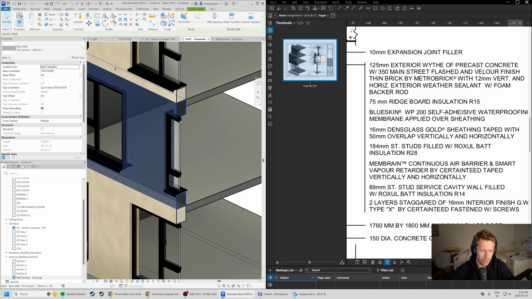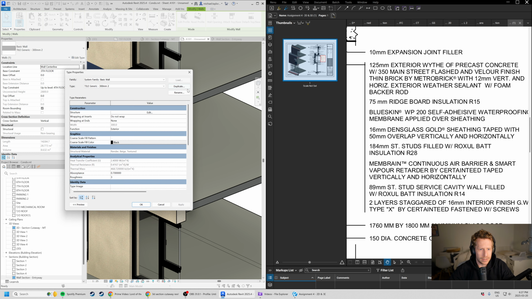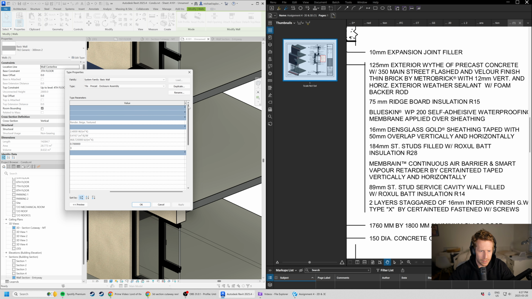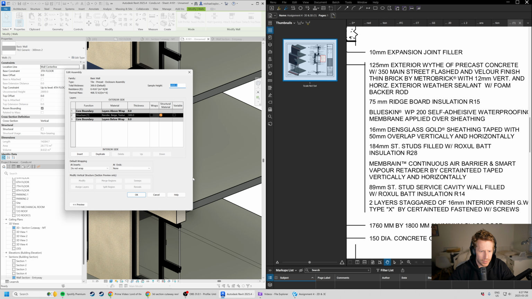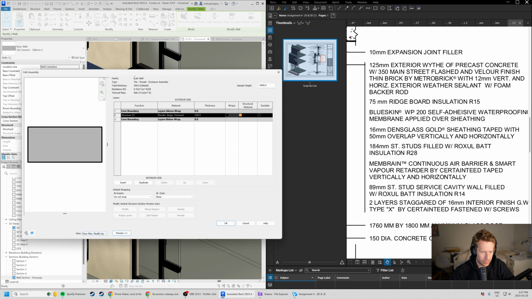Because it's already set up, I'm not going to duplicate this wall assembly. Normally, I would say absolutely duplicate the wall assembly, but because it's all over the building, I'm not going to do that. So I'm just going to edit the type here, and I'm going to rename it to tile precast enclosure. Edit. Oops. Man, this Revit thing is still doing its thing. Weird things. Edit, and now I'm actually going to give us a little preview,